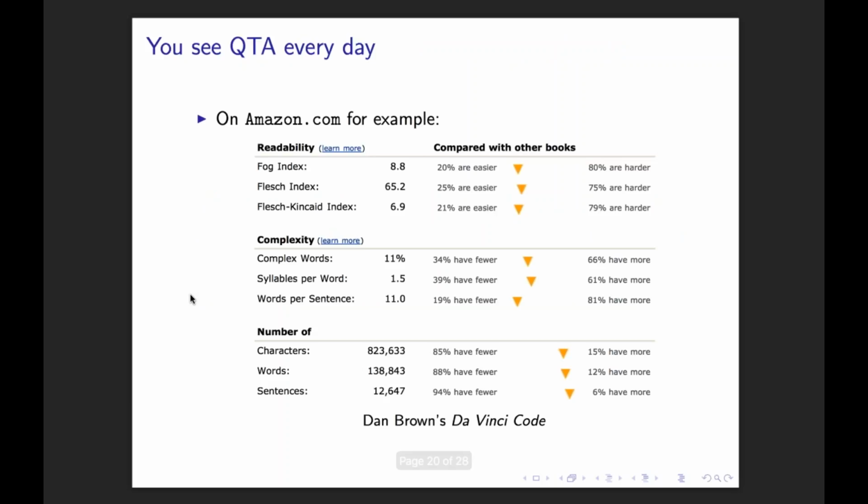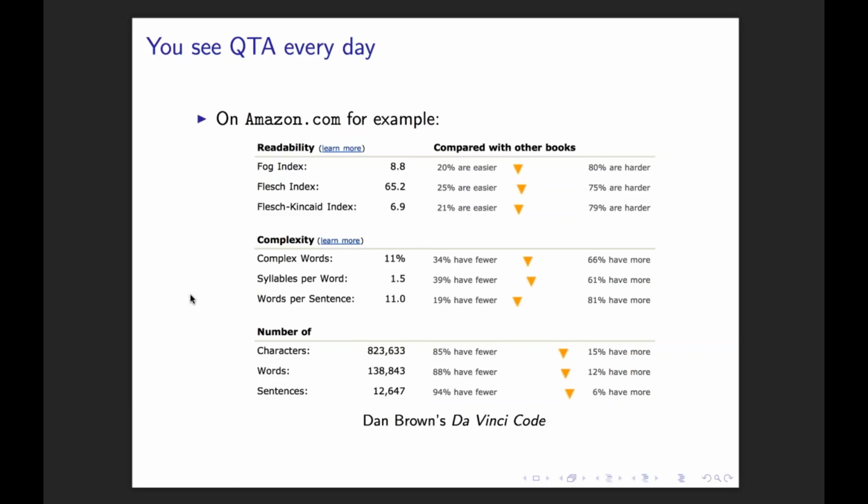So here's some examples. The first example is an example of textual analysis that I didn't do, but that actually Amazon did. So I looked up Dan Brown's Da Vinci Code on Amazon, and it gave me a comparison of what was happening in the Da Vinci Code compared to other books. So the first dimension that it compared it on, which is something we're going to look at in the class,